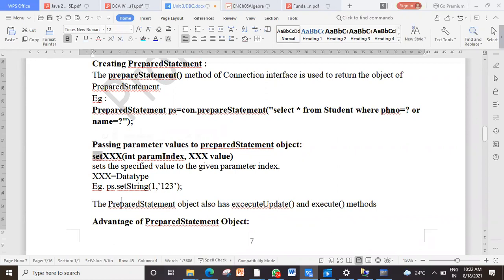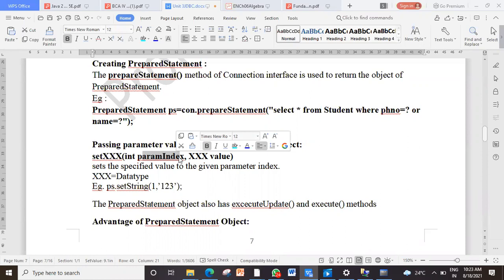If it is a string value, concentrate here. If it is a string value, I have to say setString, like that. And then what is the second parameter? Sorry, first I have to pass the index and second is the value. Index means what? If I have multiple fill in the blanks, like in your question paper also you will have tomorrow.